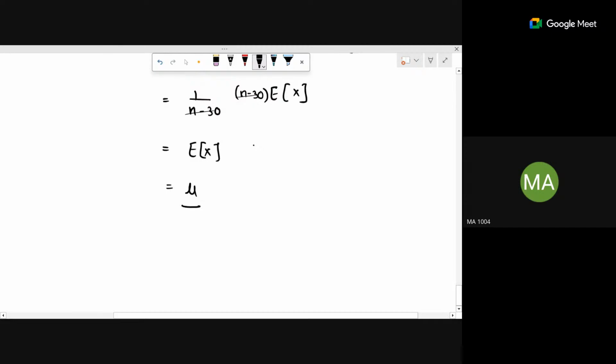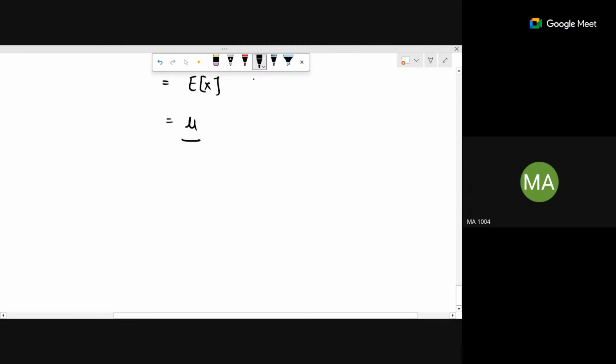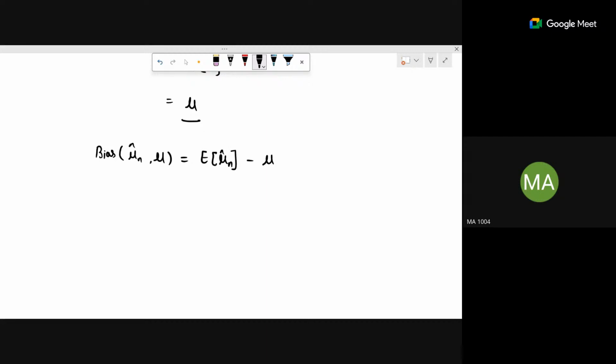That means it is an unbiased estimator, right? So the bias of mu n hat will be equal to 0 directly, but we can write it like this, right? And it is equal to